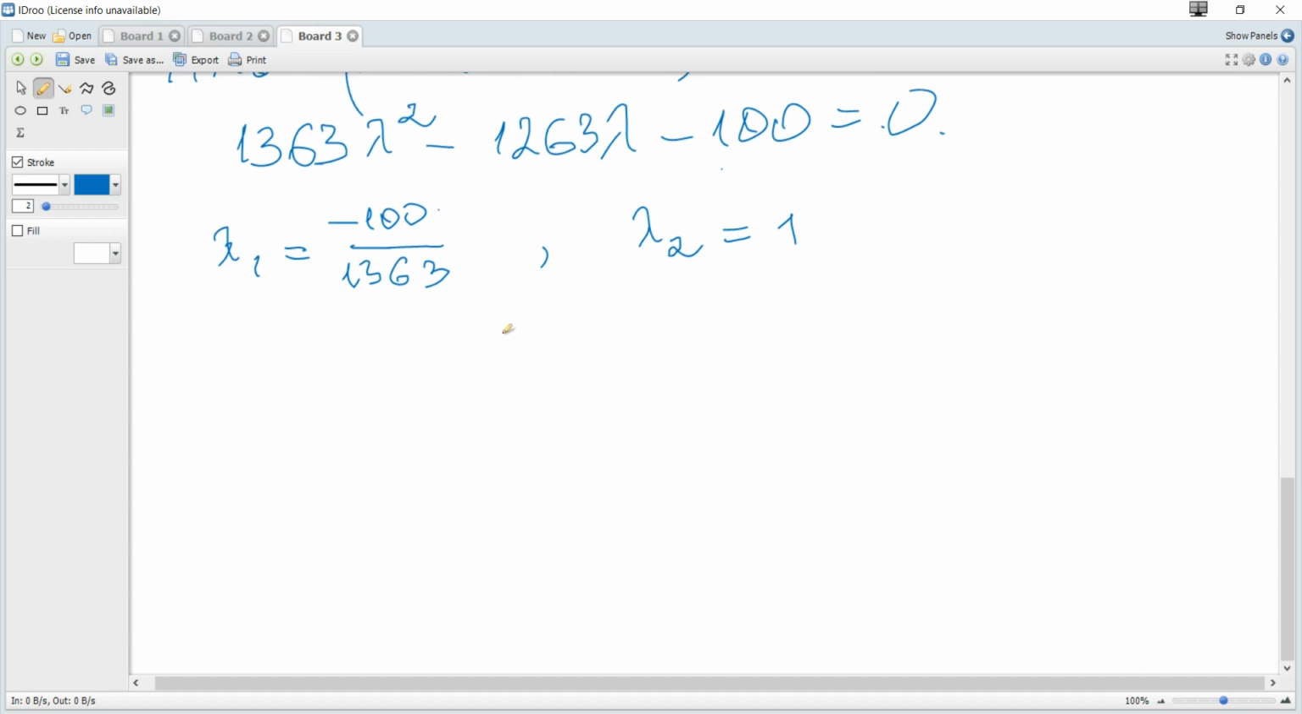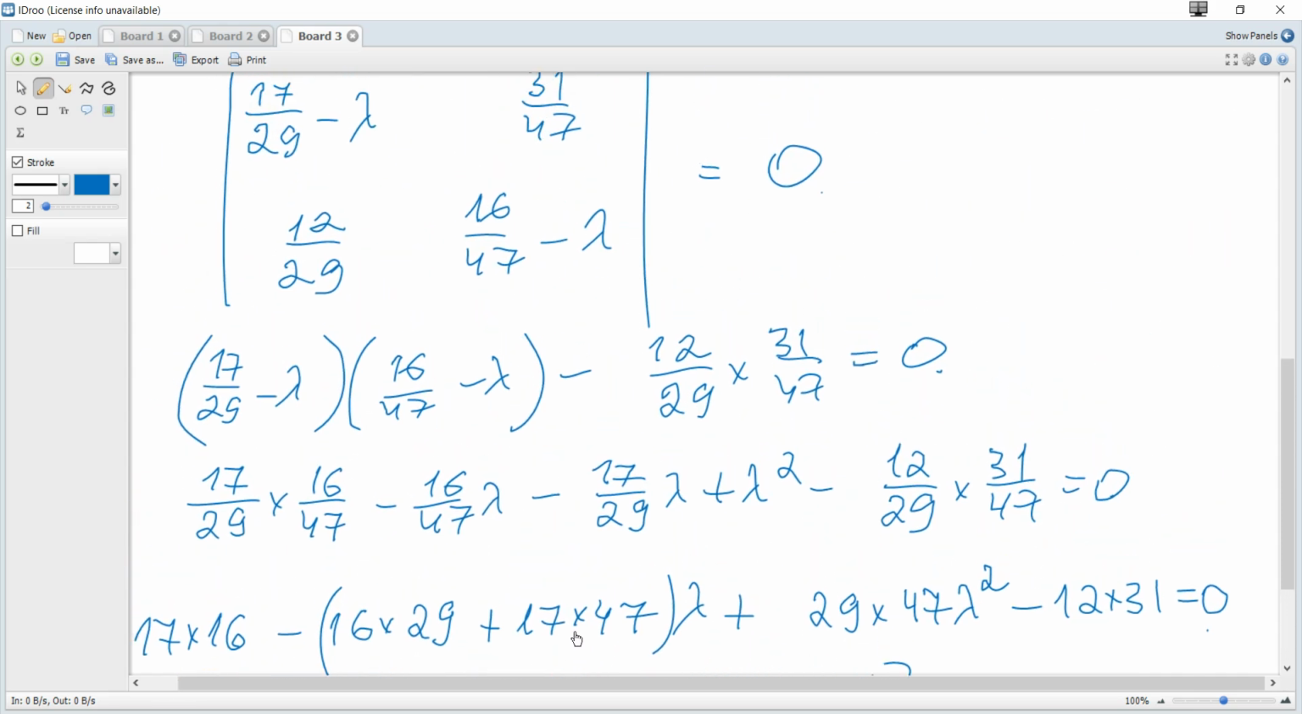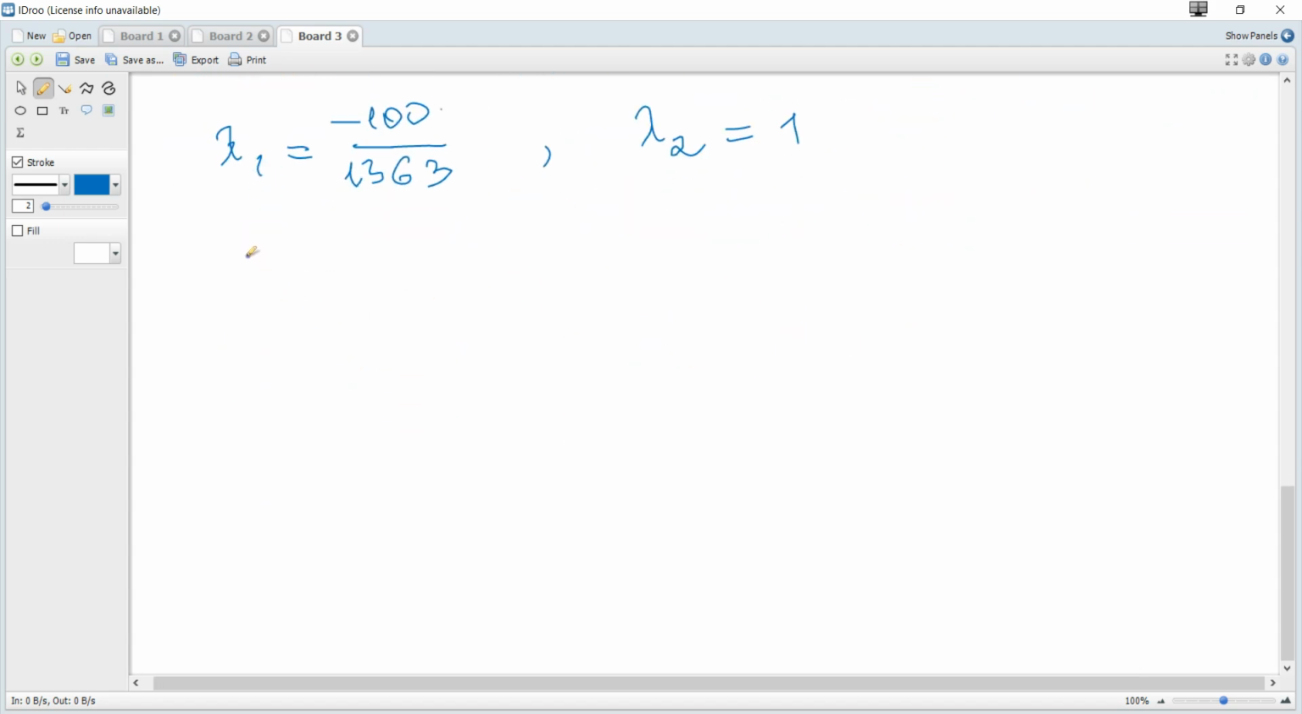And now we need the corresponding eigenvectors. To find eigenvectors, we solve the next problem. The transition matrix multiplied by some vector, which is the required eigenvector, is equal to the eigenvalue multiplied by the same vector. So our matrix is 17 over 29, 31 over 47,